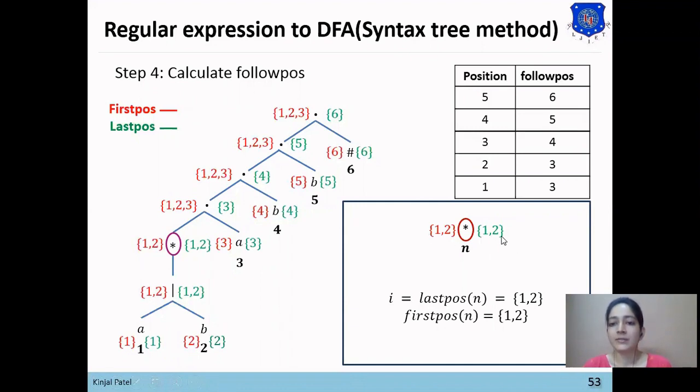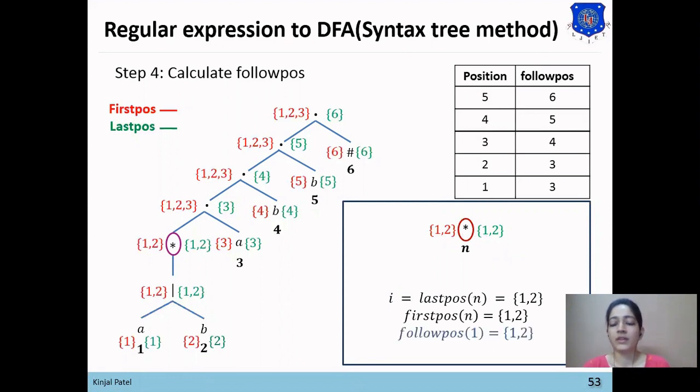From each position in the last position we can find follow positions: position 1 has as its follow position the first position of star, which is 1, 2. So the follow position of 1 will be 1 and 2.